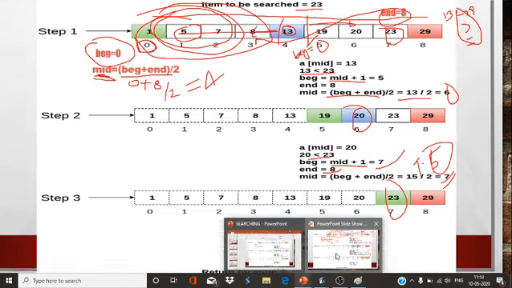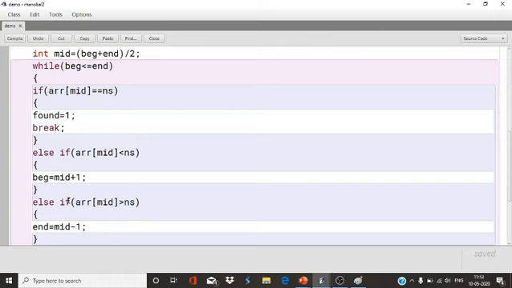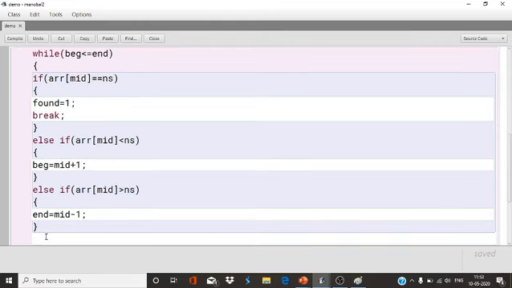You can see this also. If ARR mid is less than 23, so the beginning we have to increase here. And if ARR mid is greater than the number to be searched, so end is mid minus 1. Again, here you have to find the mid.